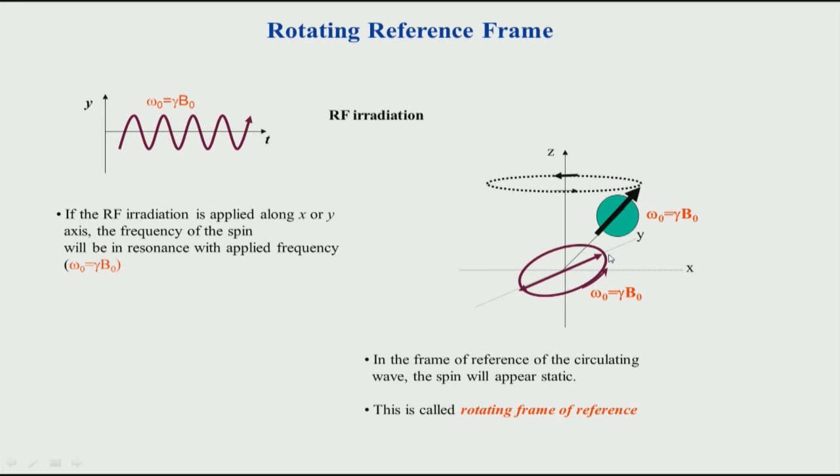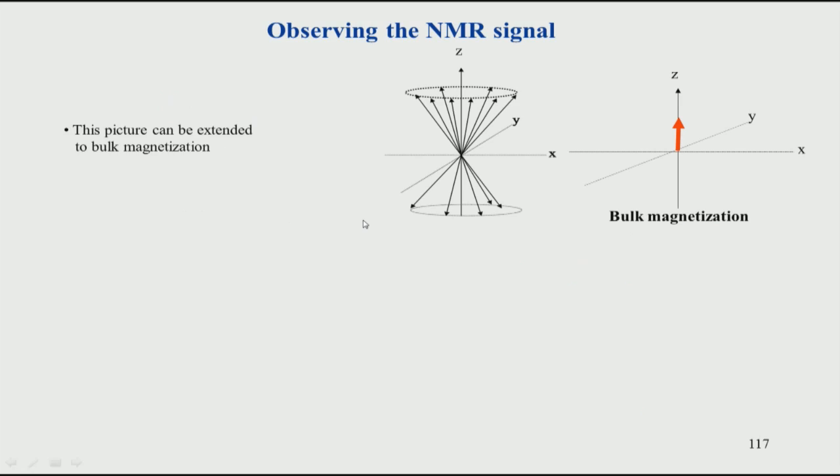Okay. So, in the rotating frame we say that this magnetic field effect has gone, because we have nullified that effect by going into a frame of reference which is the same as the spin. So, we no longer have this rotating precession. The only precession is around this particular magnetic field, which is the radiation which we have applied.